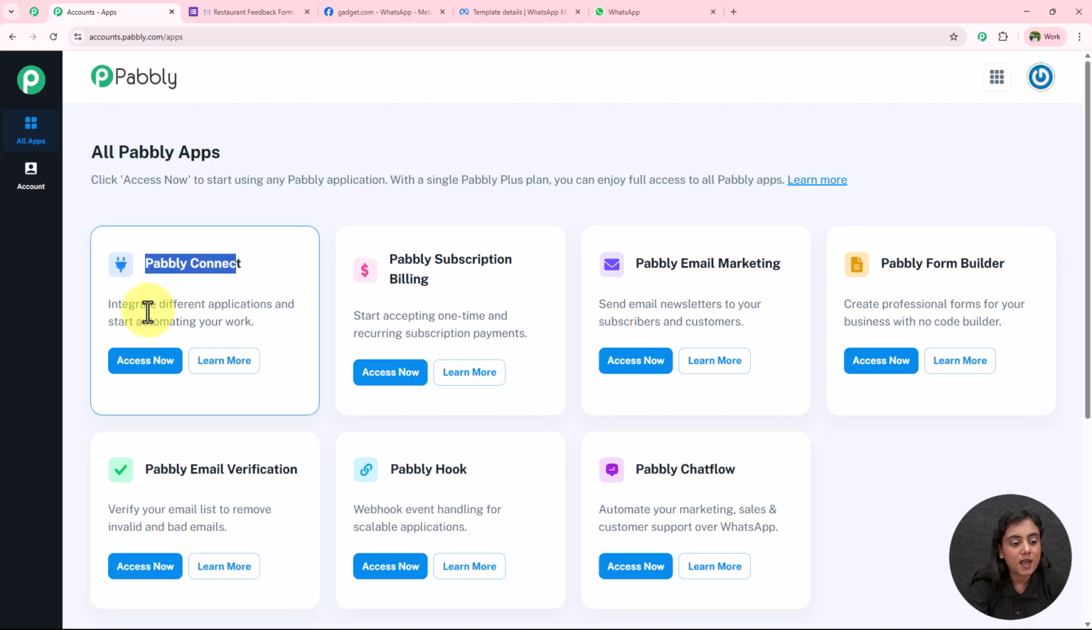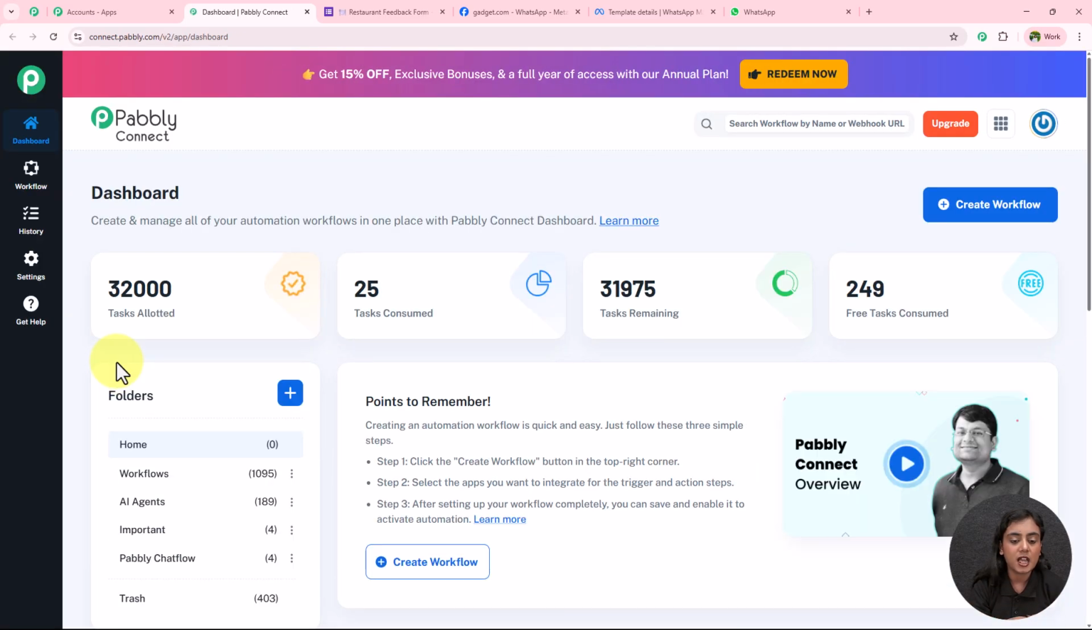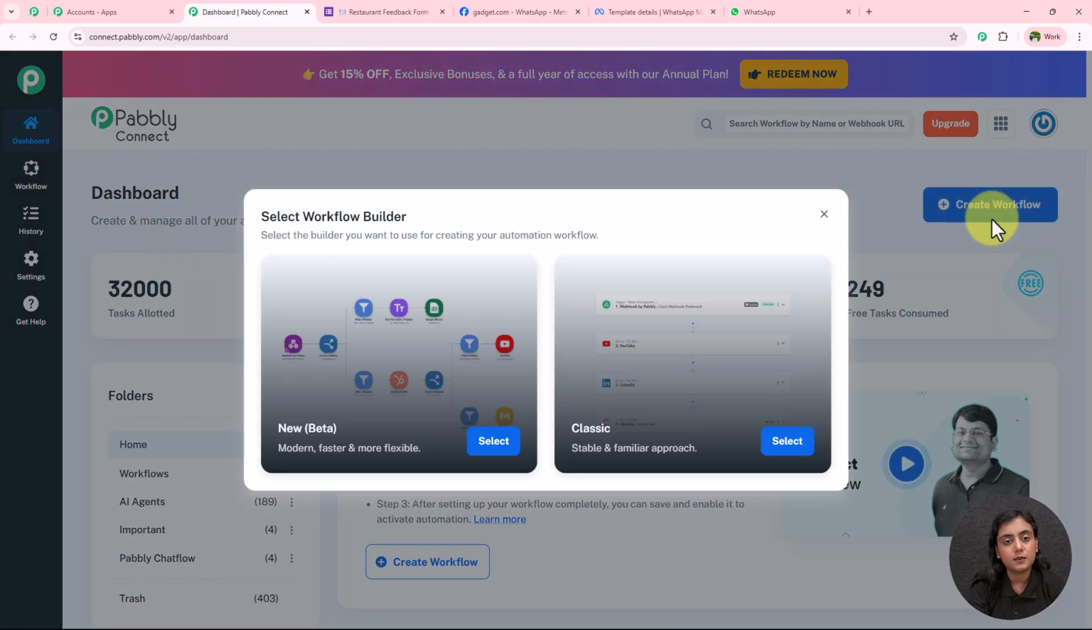As I want to use Pabbly Connect, I'm going to click on this access now button right here. Okay, and then Pabbly Connect's dashboard is going to appear in front of you. Now to build a new automation, we have to create a new workflow. For that, click on this create workflow button on the top right corner,